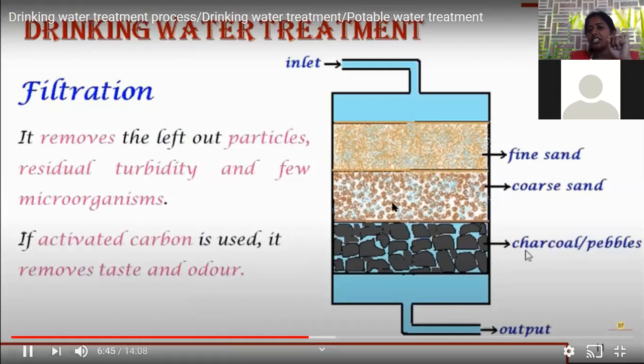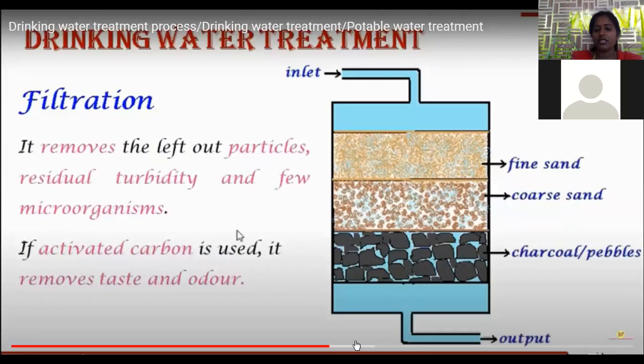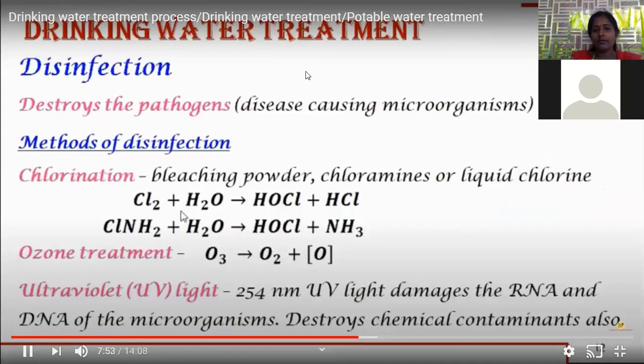Based on the surface area, the extent of adsorption of impurities is possible. That's the reason various layers are used to adsorb various types of impurities present in the water. Sand filtration is an efficient method because sand is an efficient adsorbing agent. So by passing water through the sand filtration, what happens? All the solid impurities present in the water can be removed. So this is the sand filtration process. It is very essential to remove solid impurities present in the water.